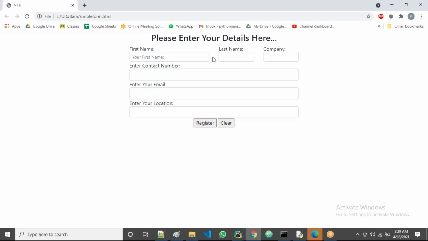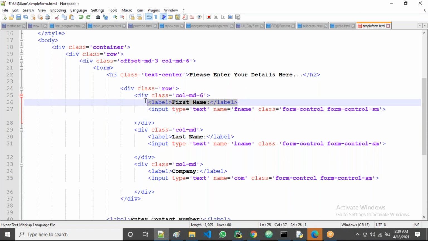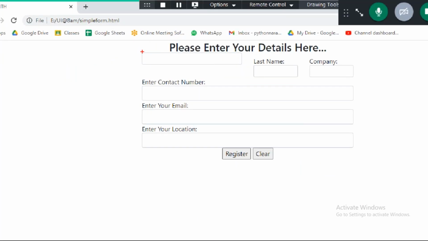Suppose you don't have both, let's see. I don't take the placeholder, and I don't take the label either. Both are not there now. I'm going here. Now, what about this box? Does it belong to first name, last name, company name, date of birth, mobile number, username or password?